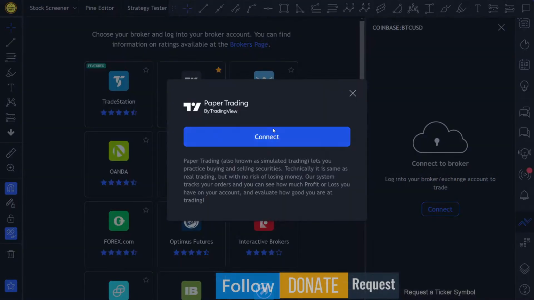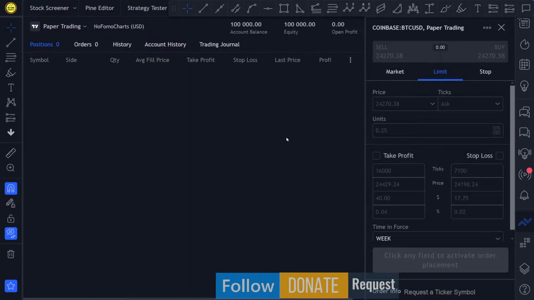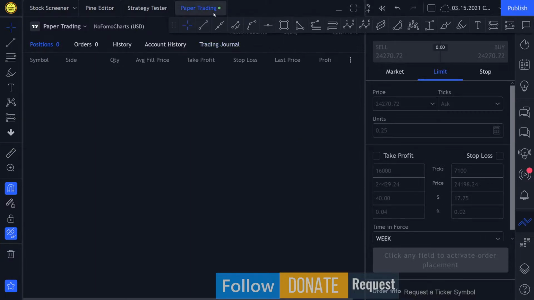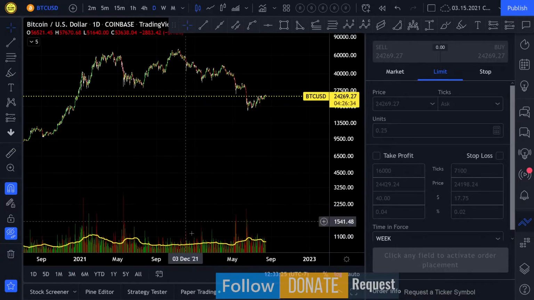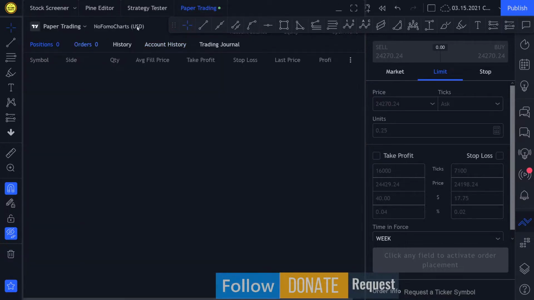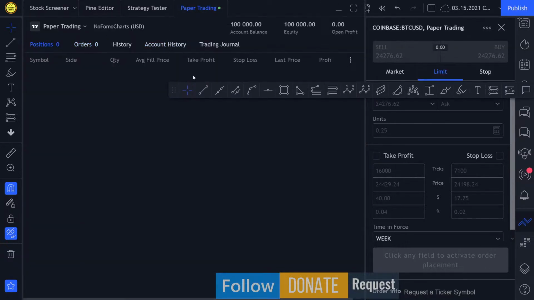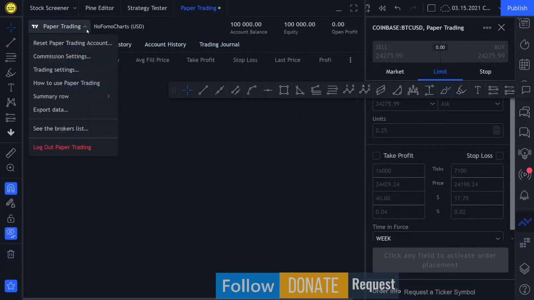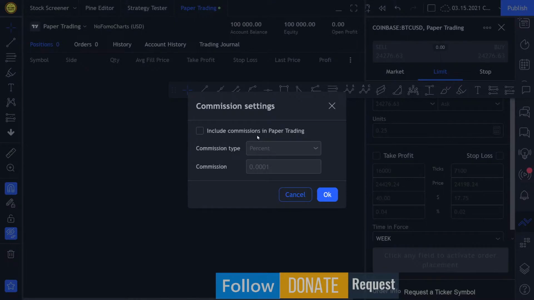So for example, with paper trading, let's just turn it on, right? You just click the paper trading here in TradingView. Wonderful, beautiful. I love this practice, and it gives you an amazing $100,000 fake money account balance, which is usually the value for practice, right? There are some extra settings you can set up here in terms of the commission settings,